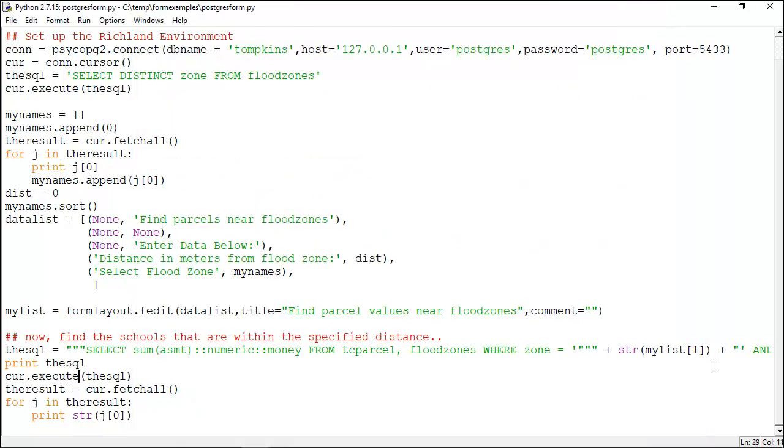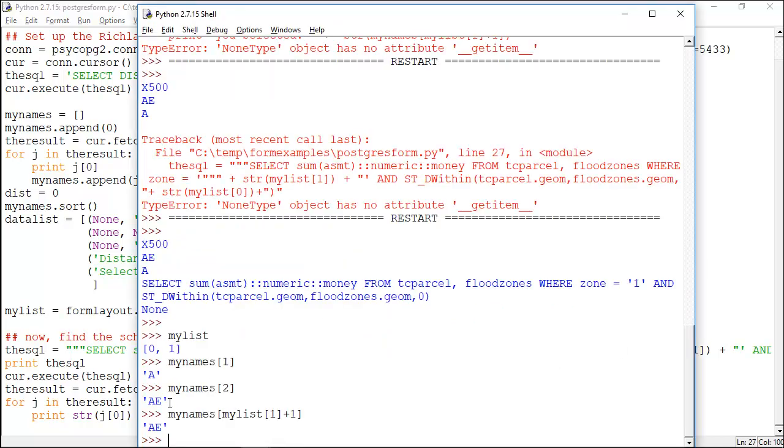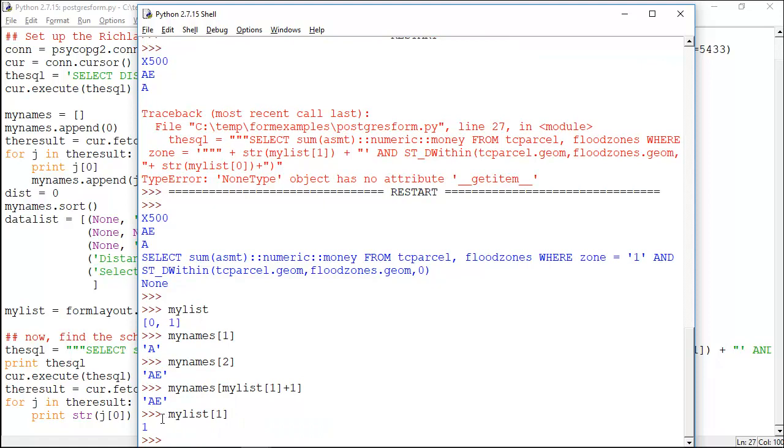So I'm going to go back in here and make this change. And here I just practiced it. So my names is my list 1, and actually let's just do my list. My list 1 again is that number 1, and then what I'm going to do is add a 1 to it. So let's copy this,